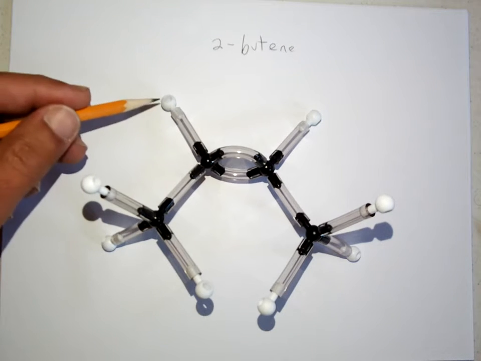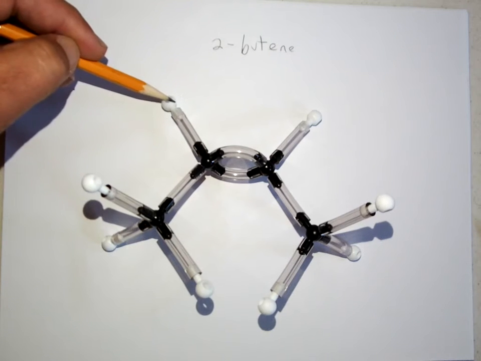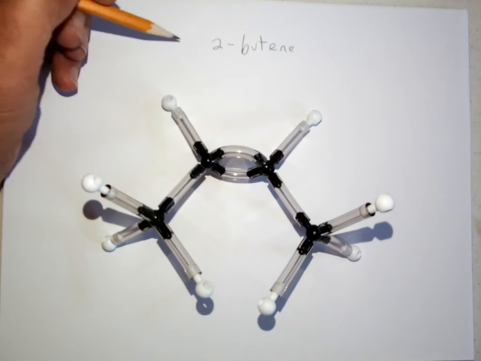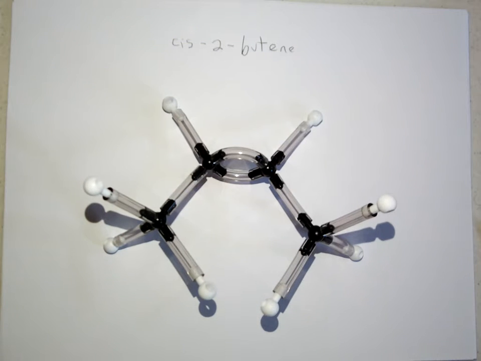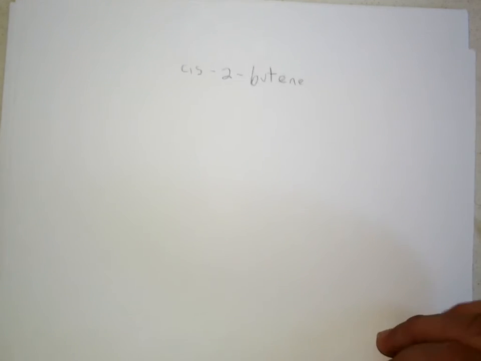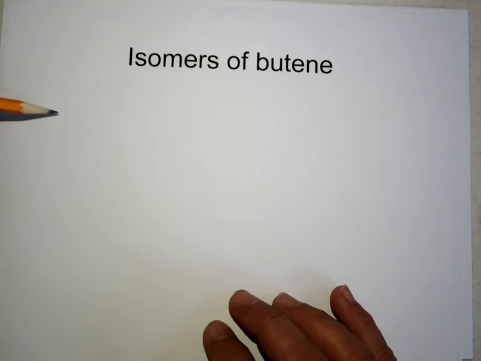And now the two hydrogens that are on the adjacent carbons in the double bond are next to each other. So this would be cis-2-butene. That's an isomer of butene, a particular geometric isomer of 2-butene. So 2-butene can either be cis or trans. We've gone through that. Now when you talk about isomers of butene in general, we first look at constitutional possibilities,